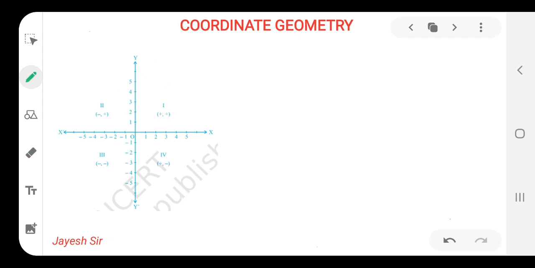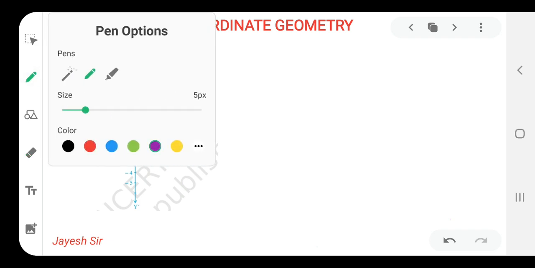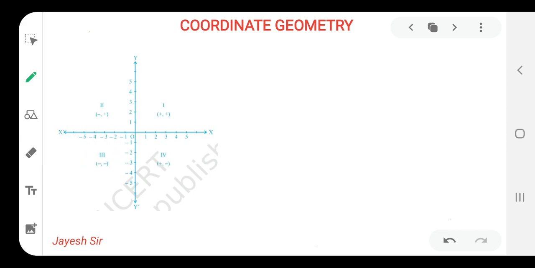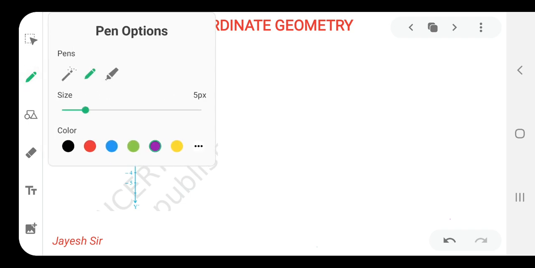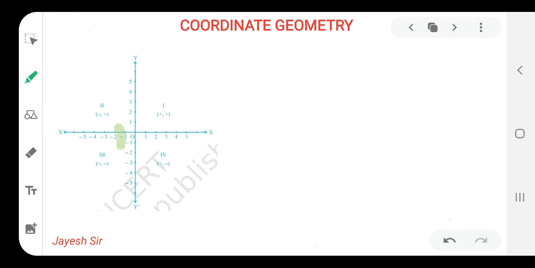Now, the improvement we can see here is that we are extending the x-axis toward this side also. We are familiar with this positive side, but it has a negative side also. That means 0, -1, -2, -3, -4, -5. You can see it can be followed toward the negative side just as on the positive side. That is why it is called point O, the origin. Again I am reminding you.